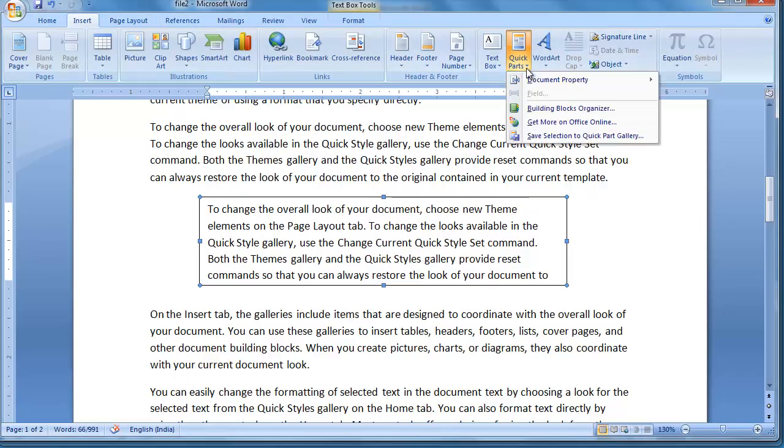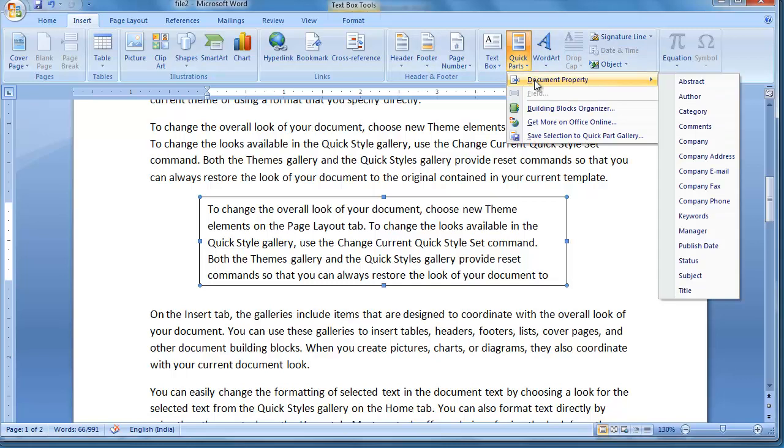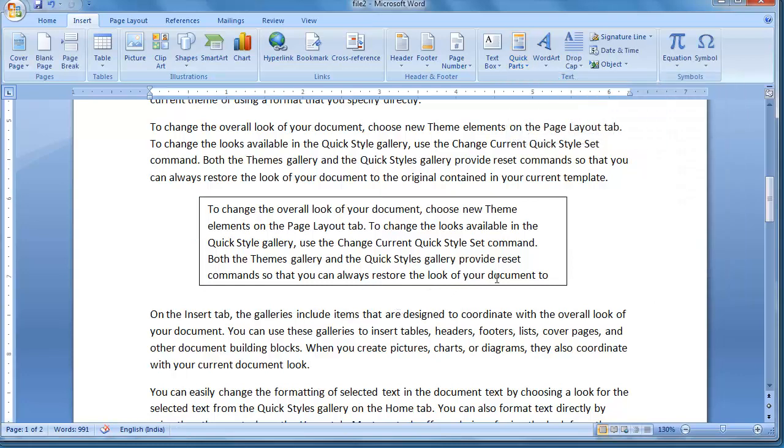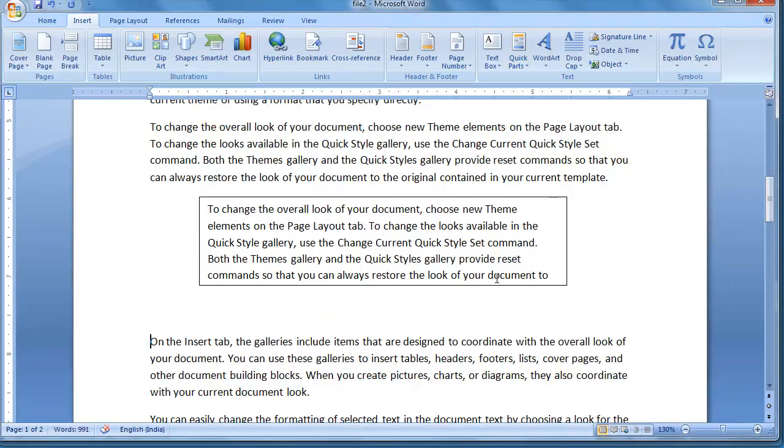Similarly, quick parts. We already discussed quick parts in the header and footer section. Suppose we are preparing some text in the document like this. The author of the text is. Now I want to write the author name of the text. There are 2 ways.